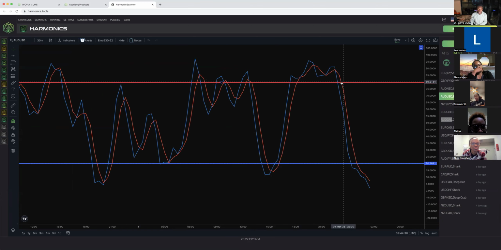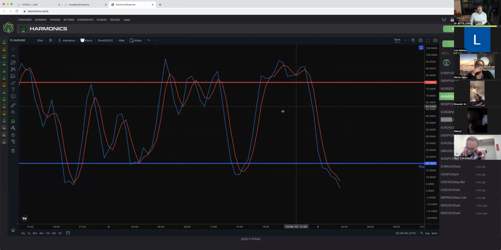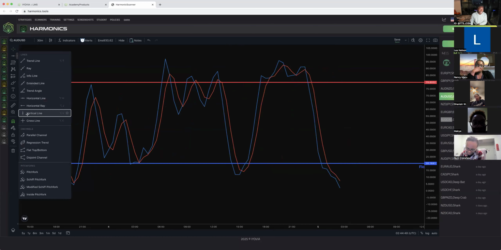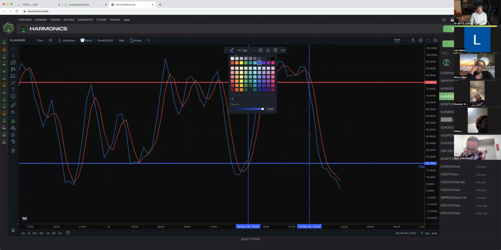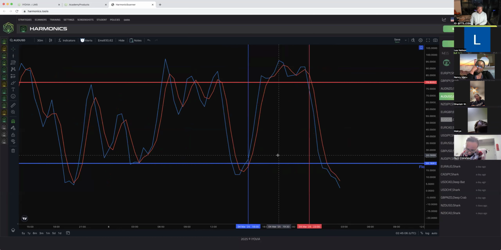So with that example, right? We sell at the red line. We buy at the blue line. We want the red to be on top of the blue when we're selling. What I want you guys to do, I'm going to show you real quick. This right here is a great buy example. Why? Because it's down here. The blue line is on top of the red. This right here is a great sell example. Why? Because it's up top and the red is on top of the blue. Make sense?